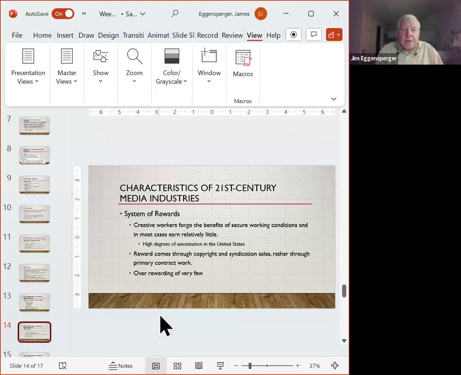rather than through the primary contract work, because it's a ways between the final draft and the production, just because it takes time to get all those different pieces together, get the actors together, get the camera crews together, fly them to wherever, Hawaii or Australia or whatever. That's why I see a lot of things being made here in Georgia or in Canada because it's not as expensive. And so, one of the interesting things to me is how the copyright and syndication focus has